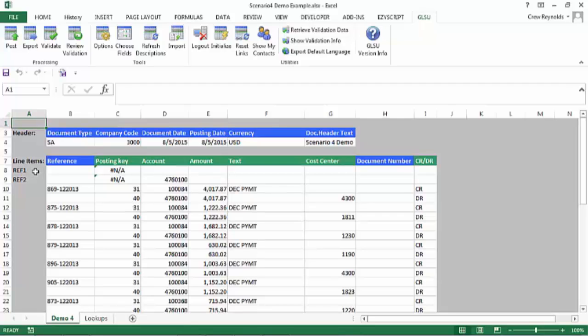They're directives to GLSU to tell the features how to perform their duties. So no data was loaded in those rows, but you can see the data that was mapped getting loaded here. The amount was mapped, but the posting key was derived using a VLOOKUP against the CRDR blank column,